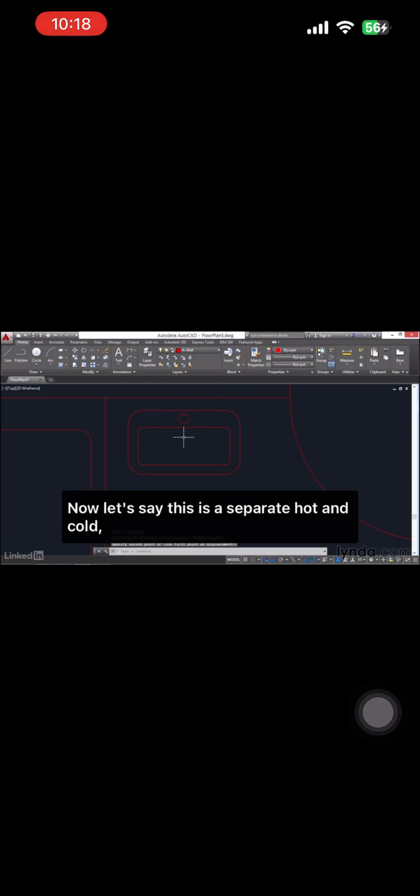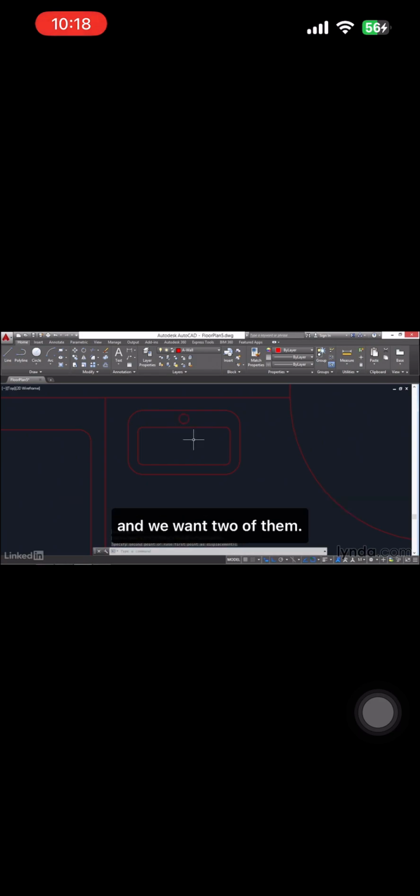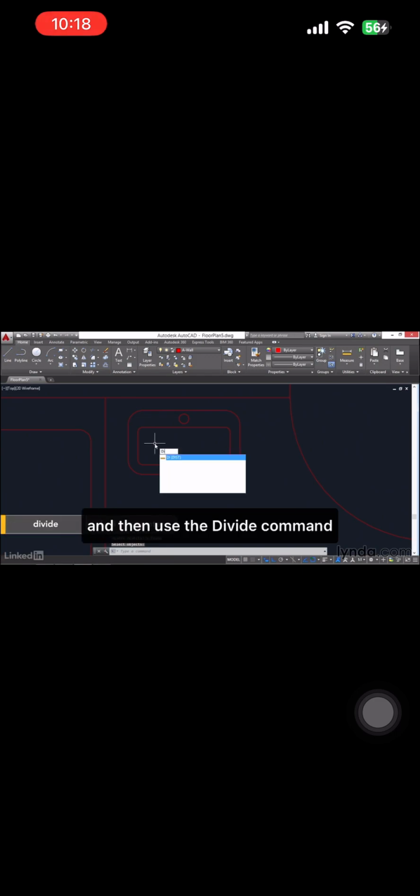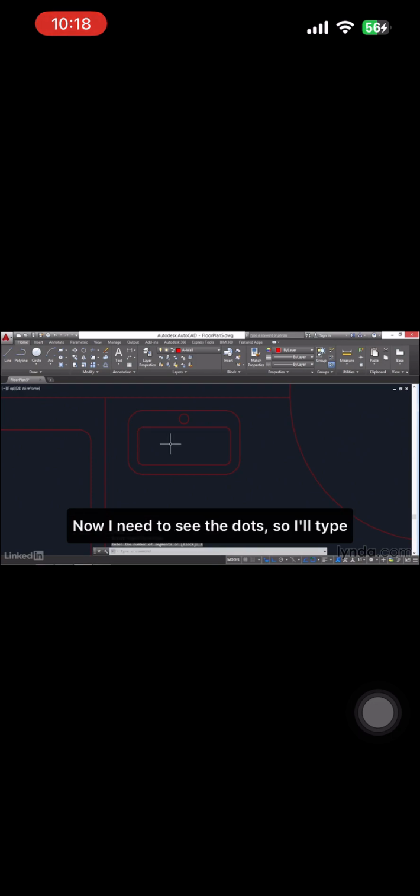Now let's say this is a separate hot and cold, and we want 2 of them. I will explode this rounded rectangle and then use the divide command and divide this line into 3 parts. Now I need to see the dots, so I'll type DDPTYPE,